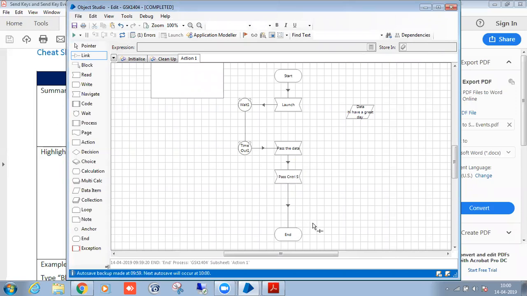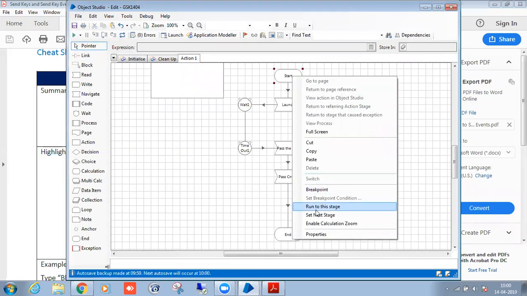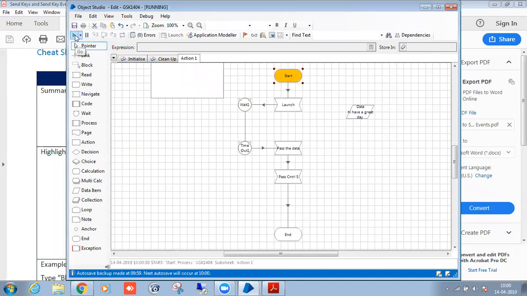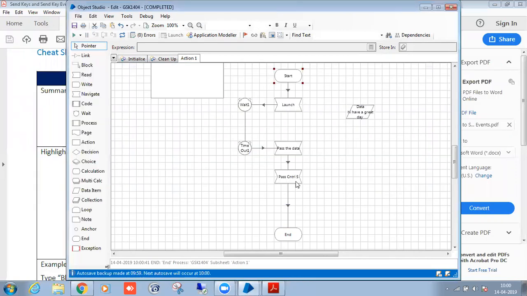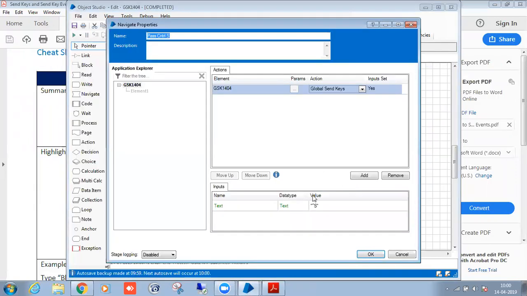So up to now we will try to execute. Launching the application, waiting for 2 seconds, passing the data, then pressing Control S. Control S is not executed. We will check why. It needs a small s.